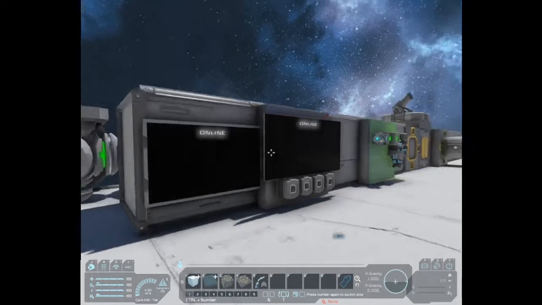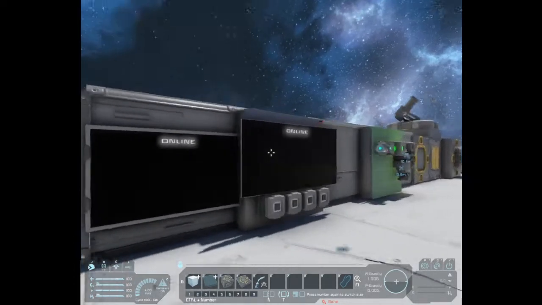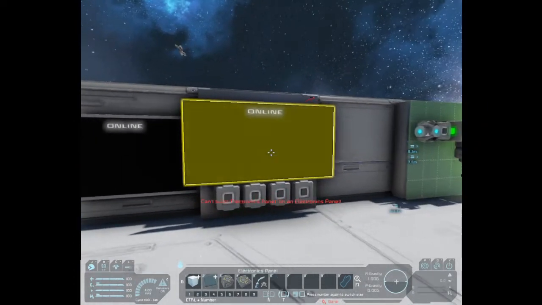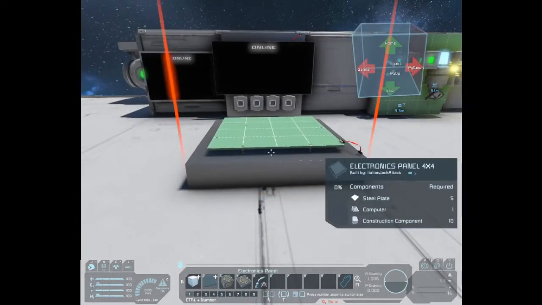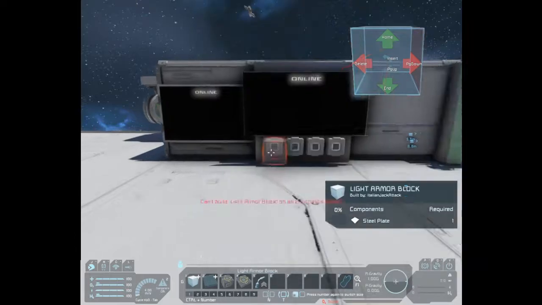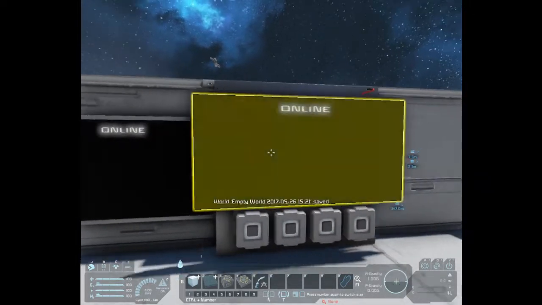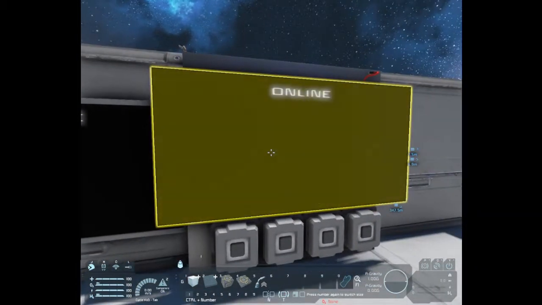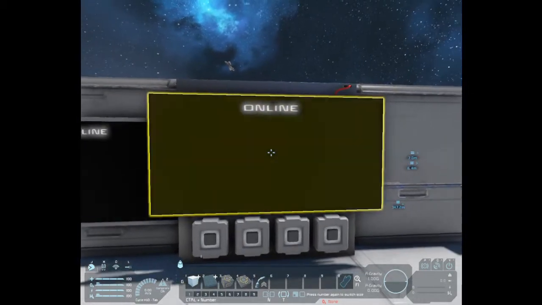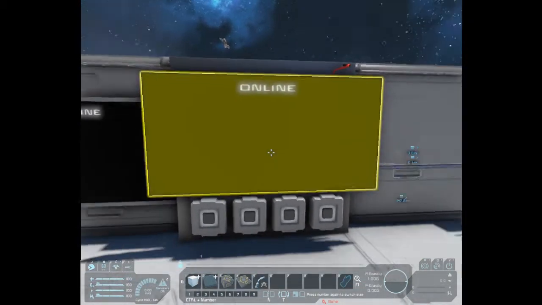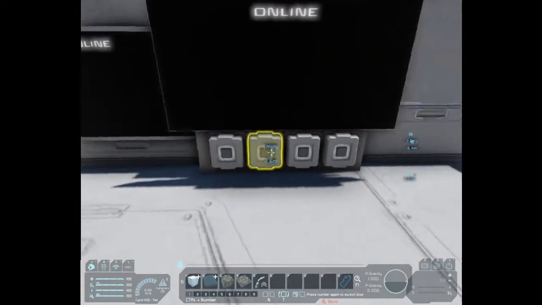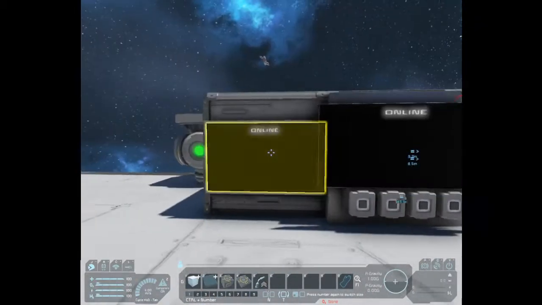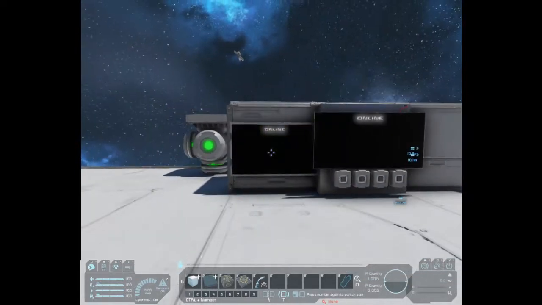So first off, this is the electronics panel 4x4. You can see if I place it down right there, that's what it looks like. And here we have, I believe, a wide LCD panel. Right here on the 4x4, this is the small ship wide LCD panel, and there are 4 buttons right here. This is the text panel. The wide LCD panel